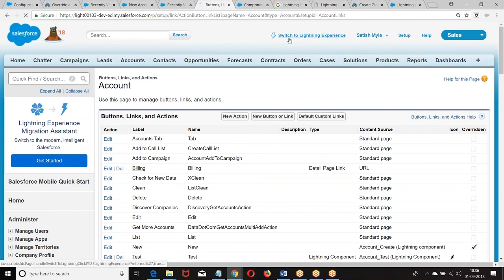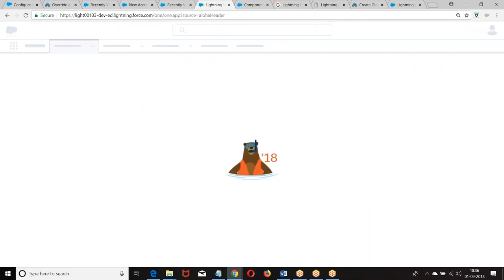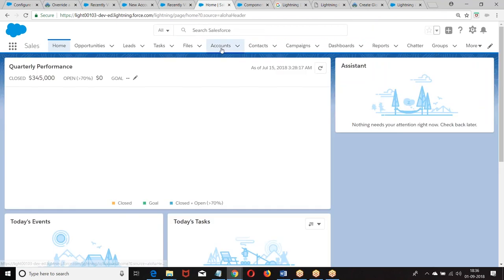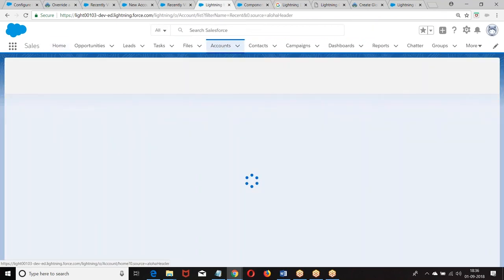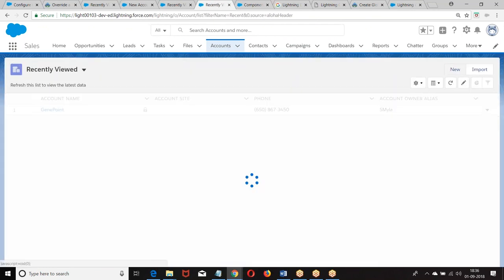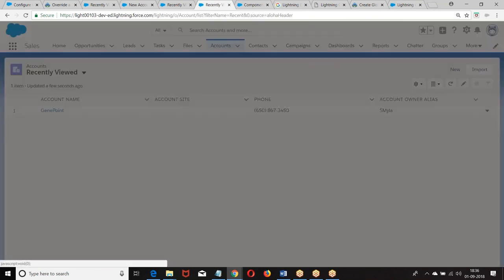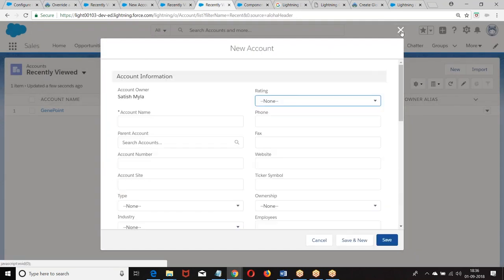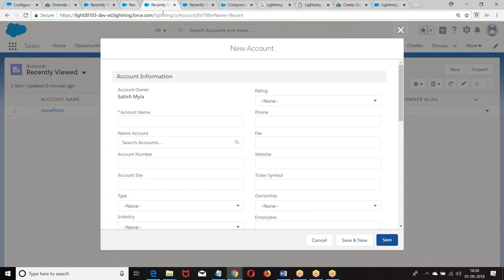Go to the lightning. Click on new. Standard functionality is not replaced. What did I modify?